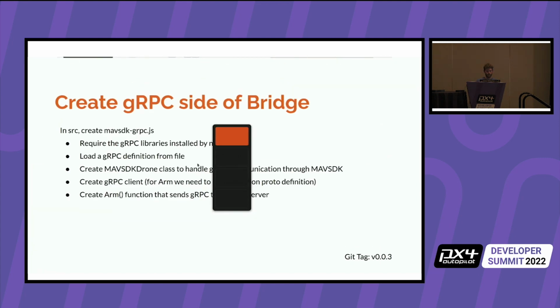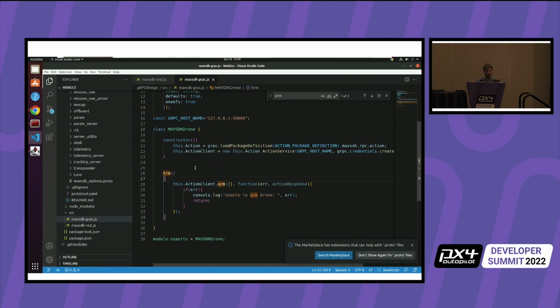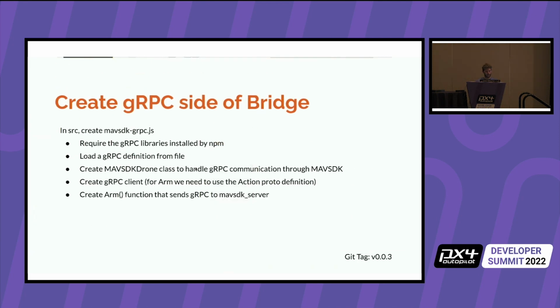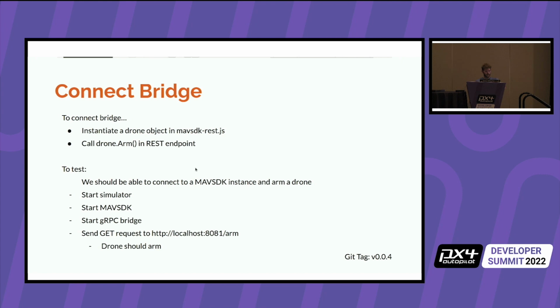And then from there, now that we've got our RPC file all set up, all we need to do is figure out a way to call this. So we've got communication with the backend working, which is great. We've got a REST API talking to the other side of our bridge working, great. So all we've got to do is connect them up, and all that takes is instantiating a drone object in our REST API file and calling drone.arm. So we can see over here,